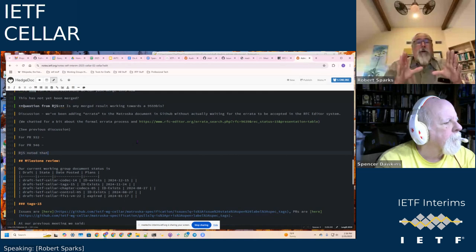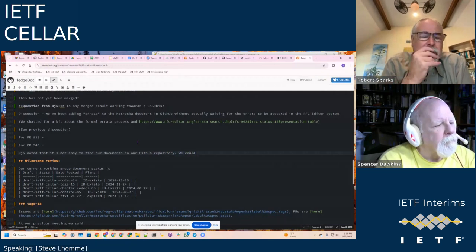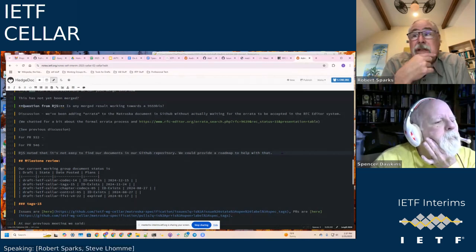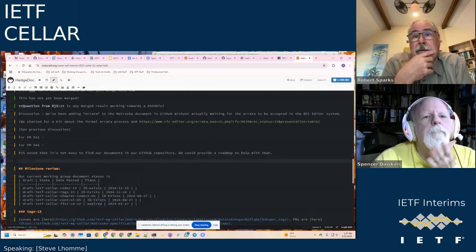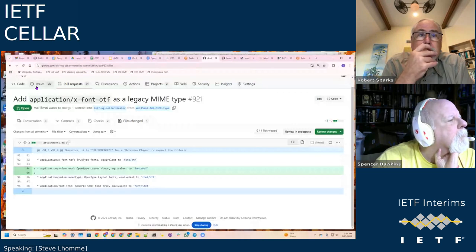I mean, it would be nice if, if we don't have a file that represents a draft, having a roadmap to these are the files that are compiled into this draft, and having a pointer to that roadmap easy to find from the front of the repository. So you mean documentation, because basically there's a makefile, and the makefile says which files are used to generate which output. Yeah, if you're not familiar with makefiles, but on the other hand, every time we merge something, it generates the XML that we could send for update,